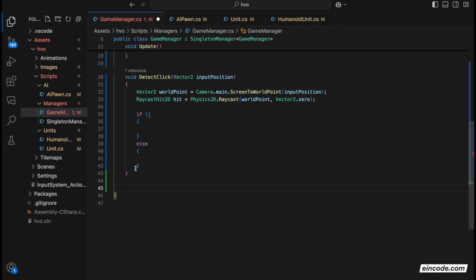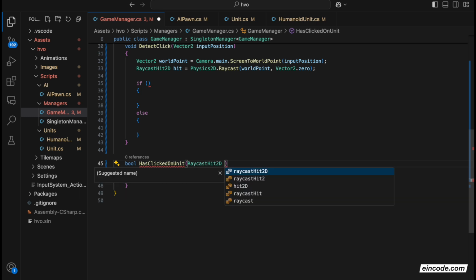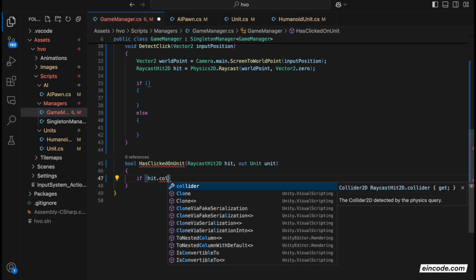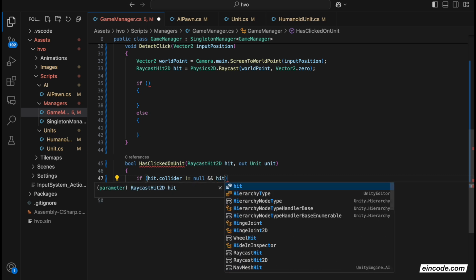I'll write here a new method down here. This method will return bool, true or false, and will be called HasClickedOnUnit. Okay. In this HasClickedOnUnit, we'll get our raycasting hit. So RaycastHit hit. And also the output from parameters will be the unit we clicked on. So out Unit unit. Okay, we are getting here this hit called hit. So we can check the collider of the hit. If the hit collider is not equal to null, this means we are clicking on something. And if this something is our unit, you can do it like this, hit collider,